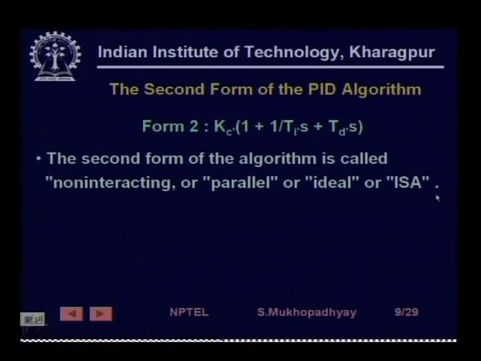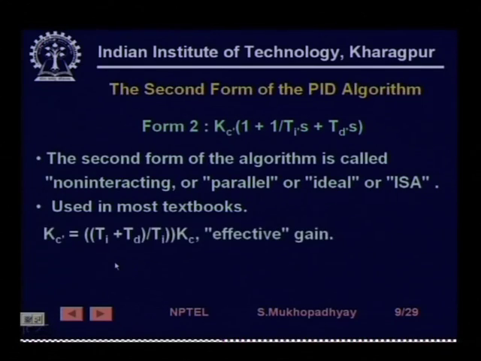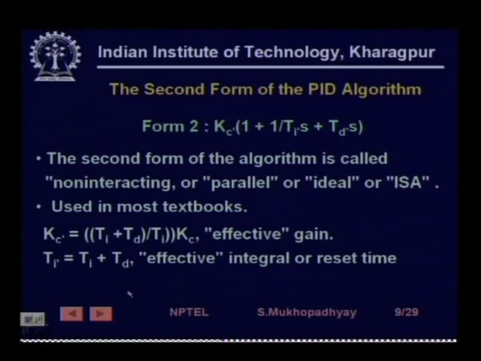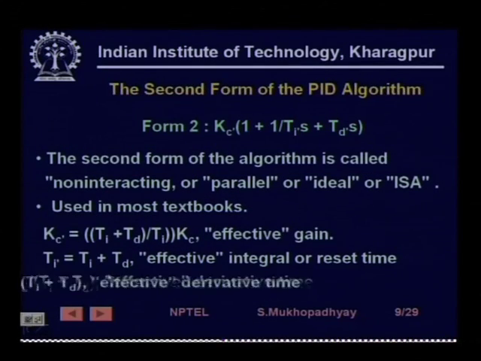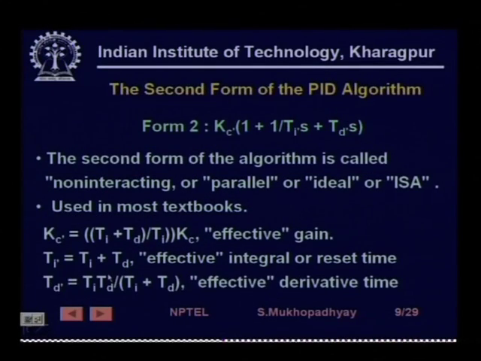Sometimes it is called IDEAL or ISA, meaning Instrument Society of America. I do not know how far these IDEAL or ISA names are valid, but it is used in most of the textbooks. Now you could try to convert. So, what is the relationship between form 1 and form 2, for example? It turns out that if you solve by equating coefficients of s in the numerator and in the denominator, you would find very easily that